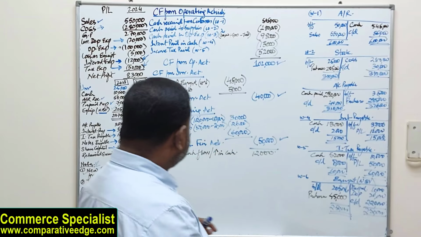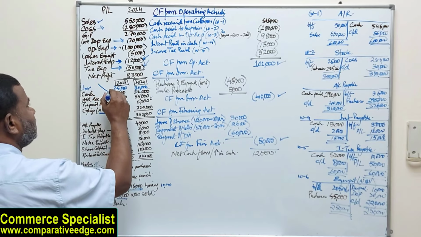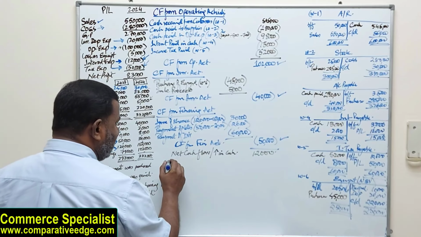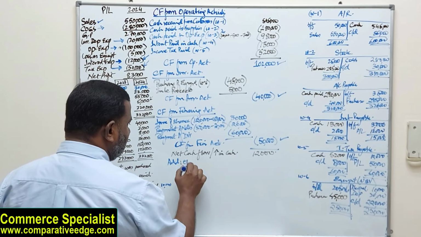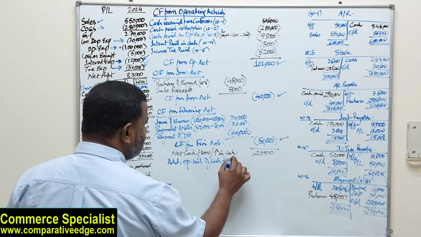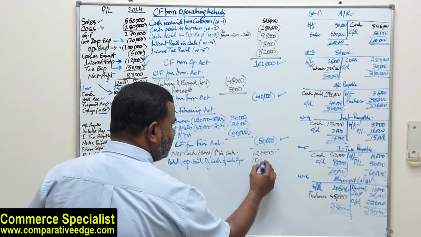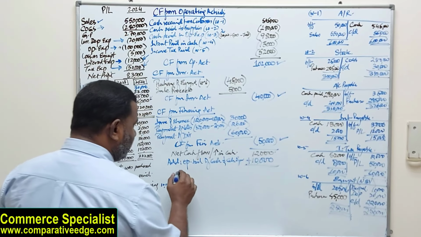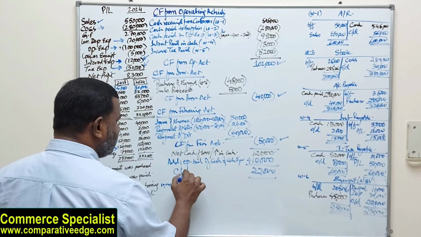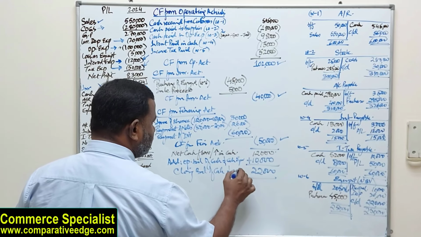What to do is, with this net cash flow, look at the opening balance of cash. How much is the opening balance of cash? 2023, opening balance of cash is 10,000. So you say add opening balance of cash and cash equivalents, which is 10. When you add 10,000 to this, it will become 22, and this is called closing balance of cash and cash equivalents,